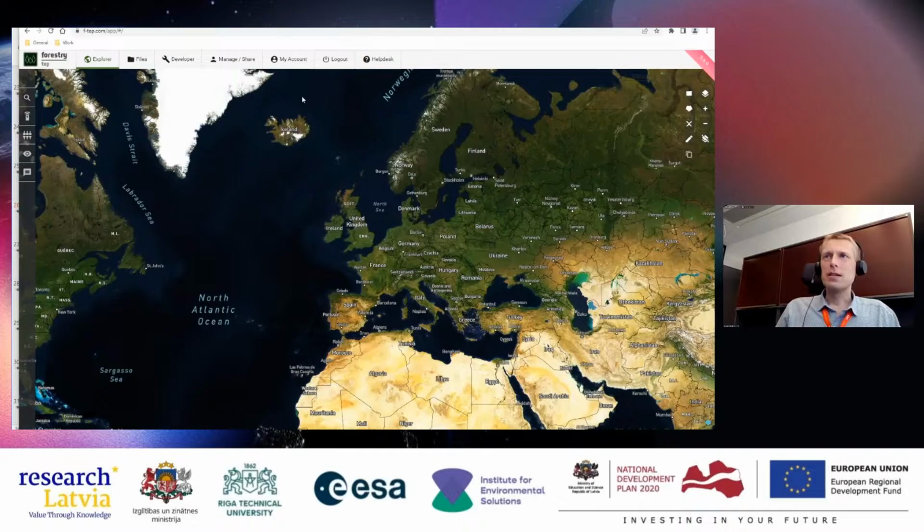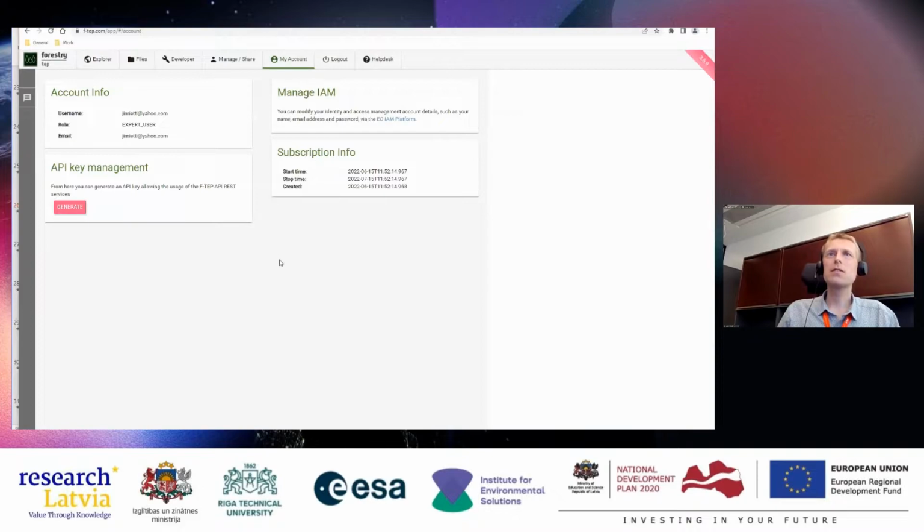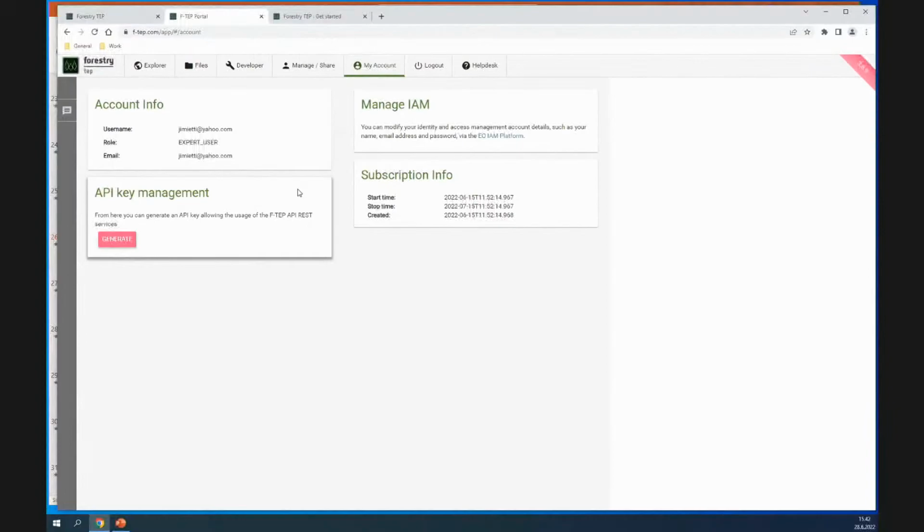Logout, don't click that until you're done. Then there is the My Account interface. You can find information on your account. I'm also logged in with the trial subscription now, so we should see exactly the same things. There is basic information such as when your subscription started, and your username. And I also mentioned the REST API access. If you need to use that, you have to create the key here.